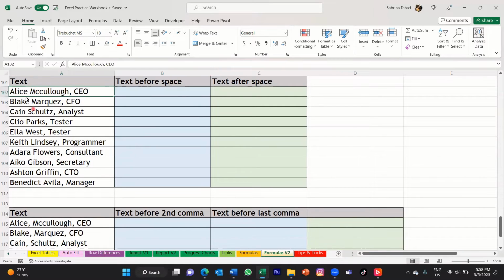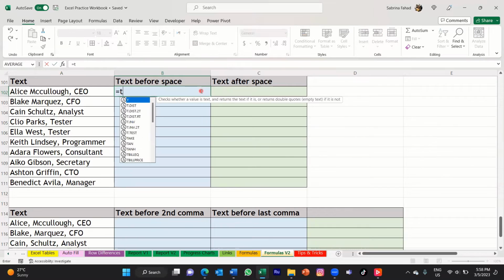That would basically be the text before the space. If you look at the first name and the last name, they're separated by a space, not a comma this time. So the delimiter would be the space. If I wanted to extract the first names in this case, I would just type the formula. So it would be equals TEXTBEFORE,